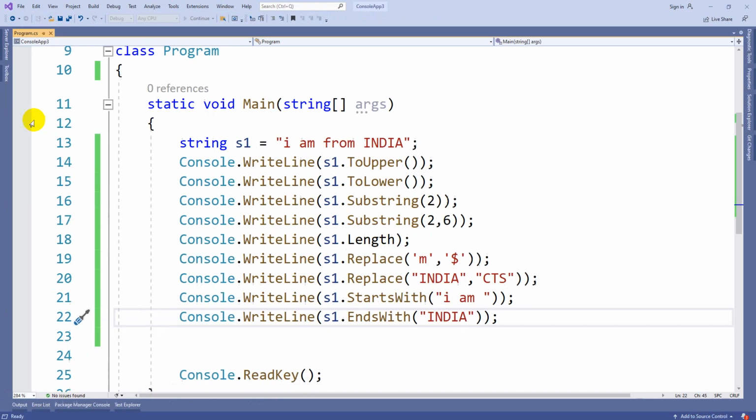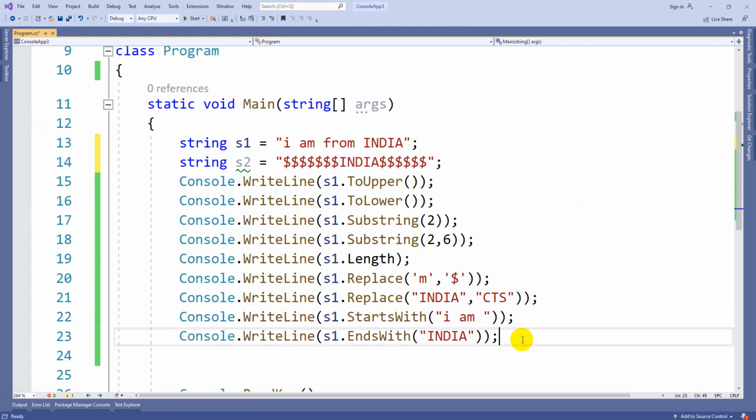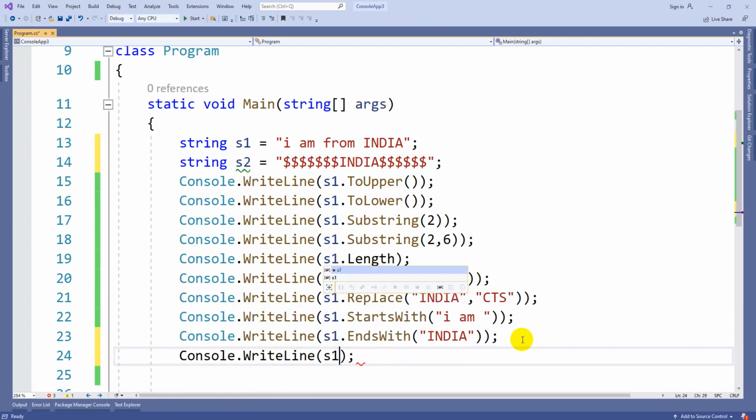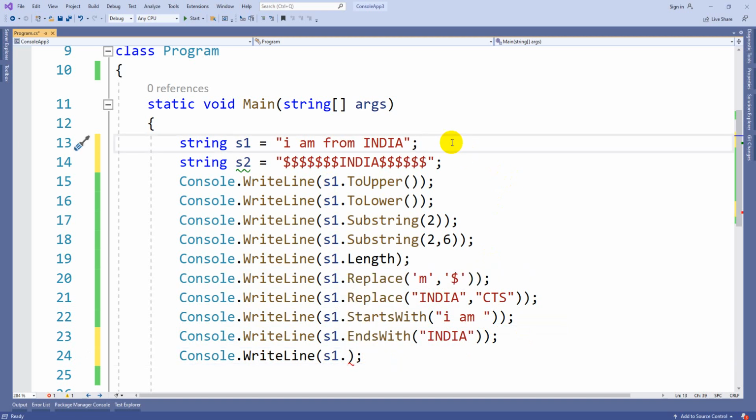So it is true. Now, whenever there are some special characters, something like this, string s2 is equal to, so this is a string example, s1 dot, let me take one more also.